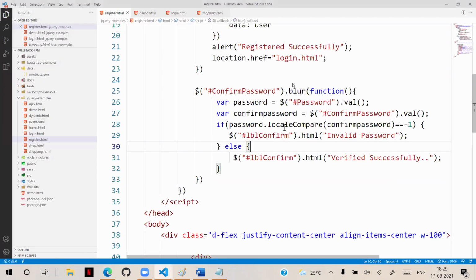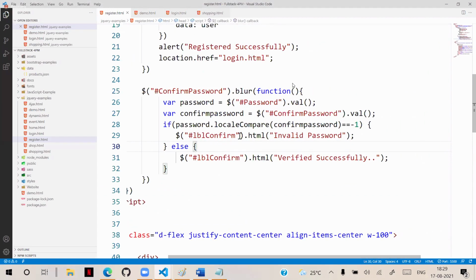Because of the condition that you have written, if it is -1, then it should display that. And this will be displayed if it is matching. If it is not matching, it should display invalid. It is unable to show this because we have some issues in locale comparisons.